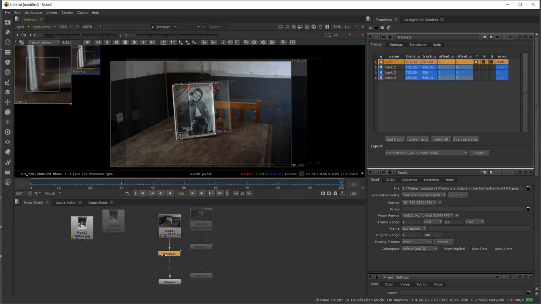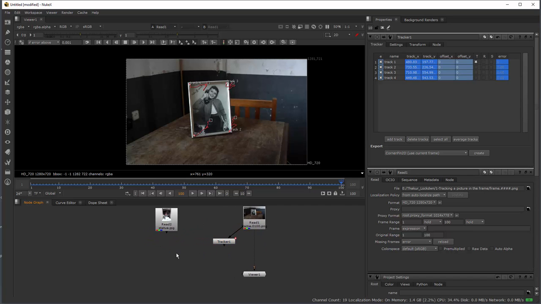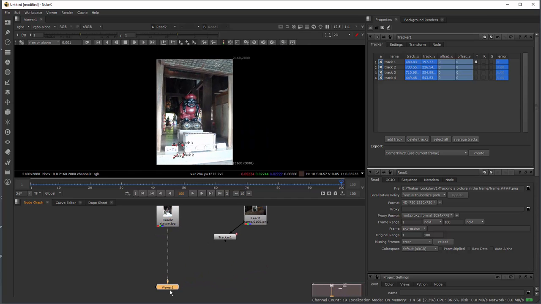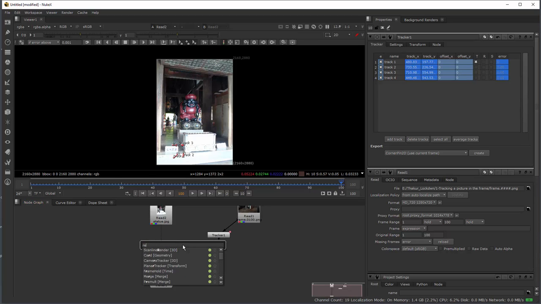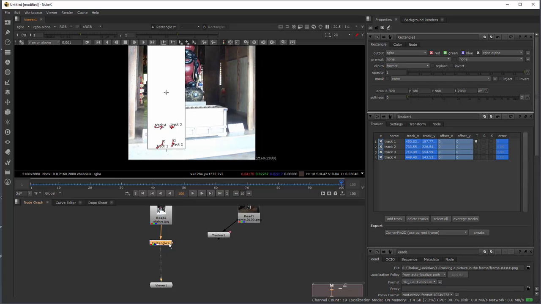for the second stage, I will select my tracker over here and create one crop node, just like Photoshop. I'll create a Rectangle draw node, and you can select any area which you want to be projected on the frames.